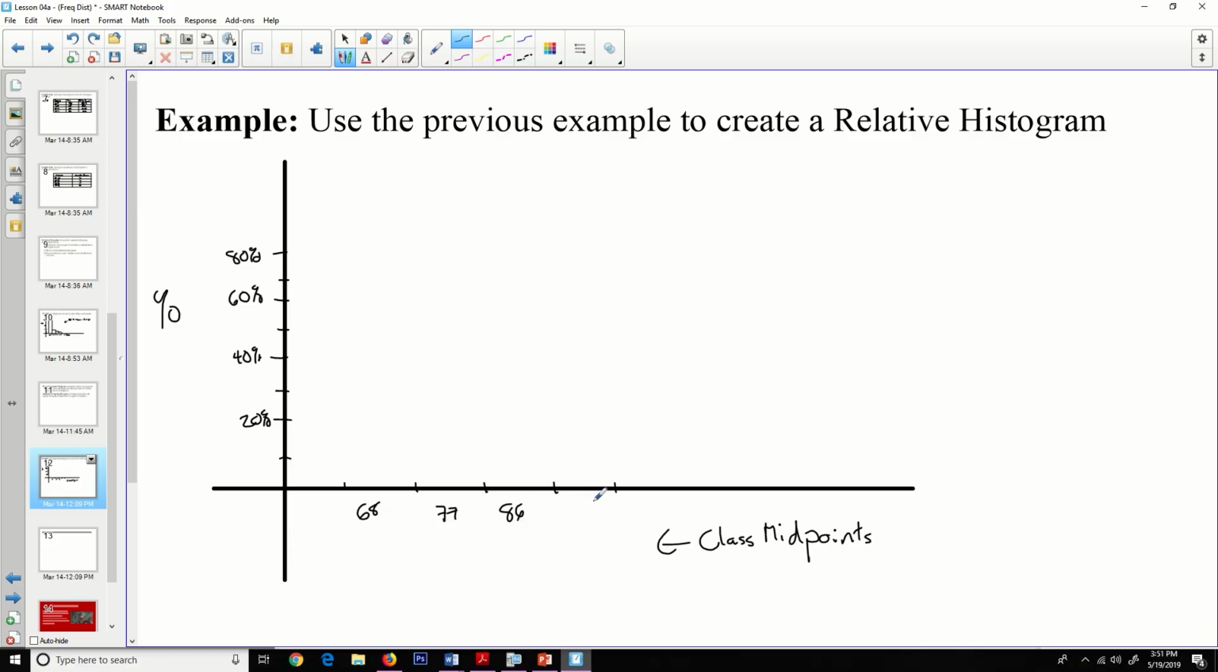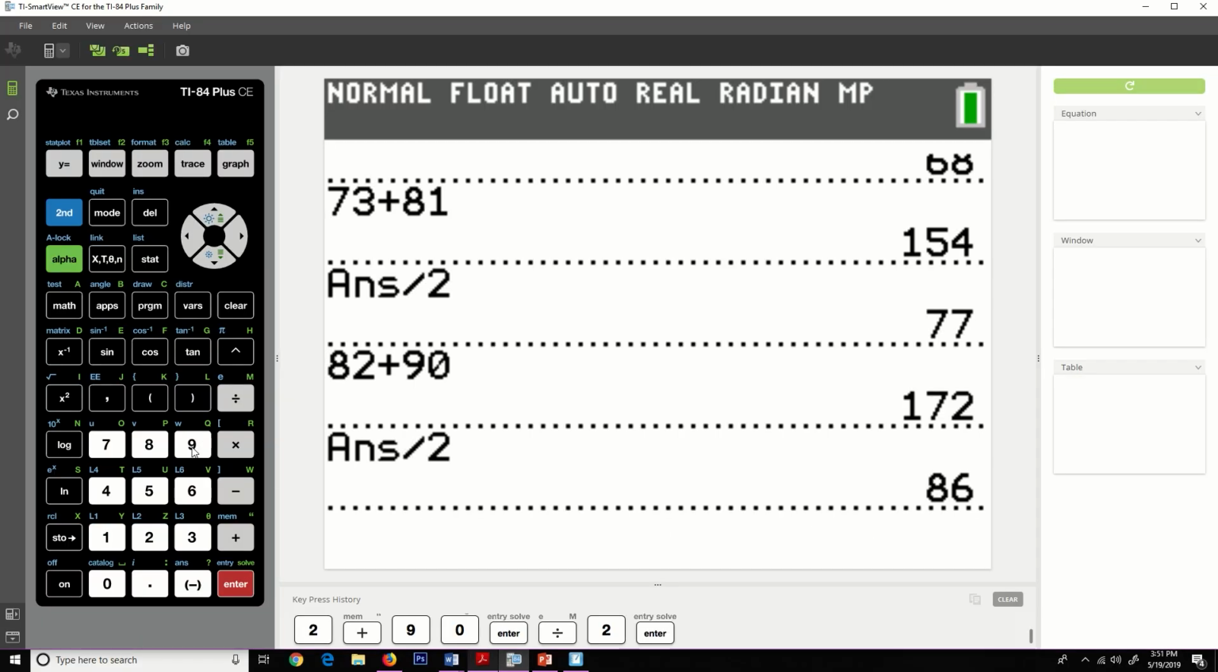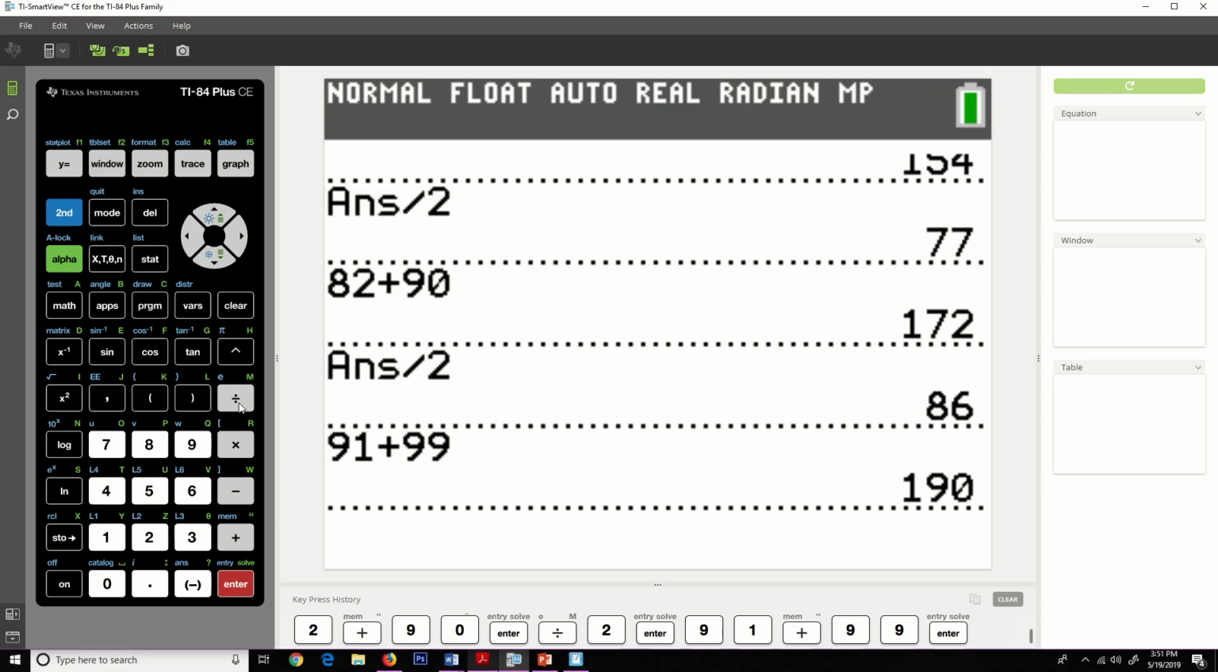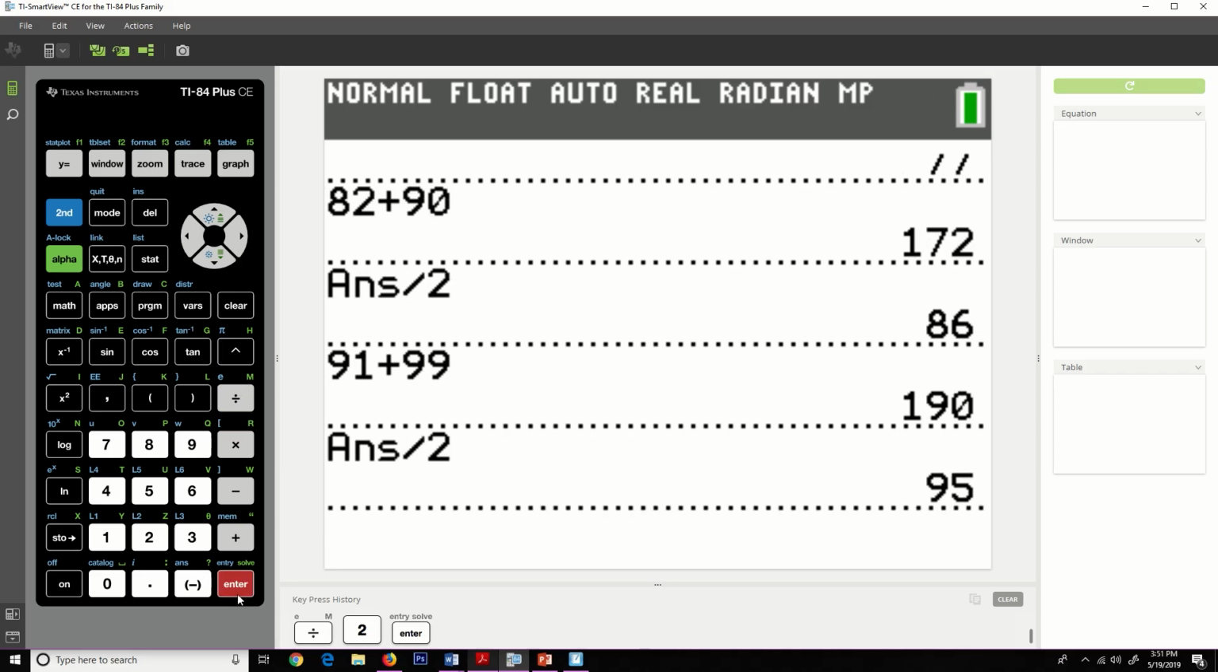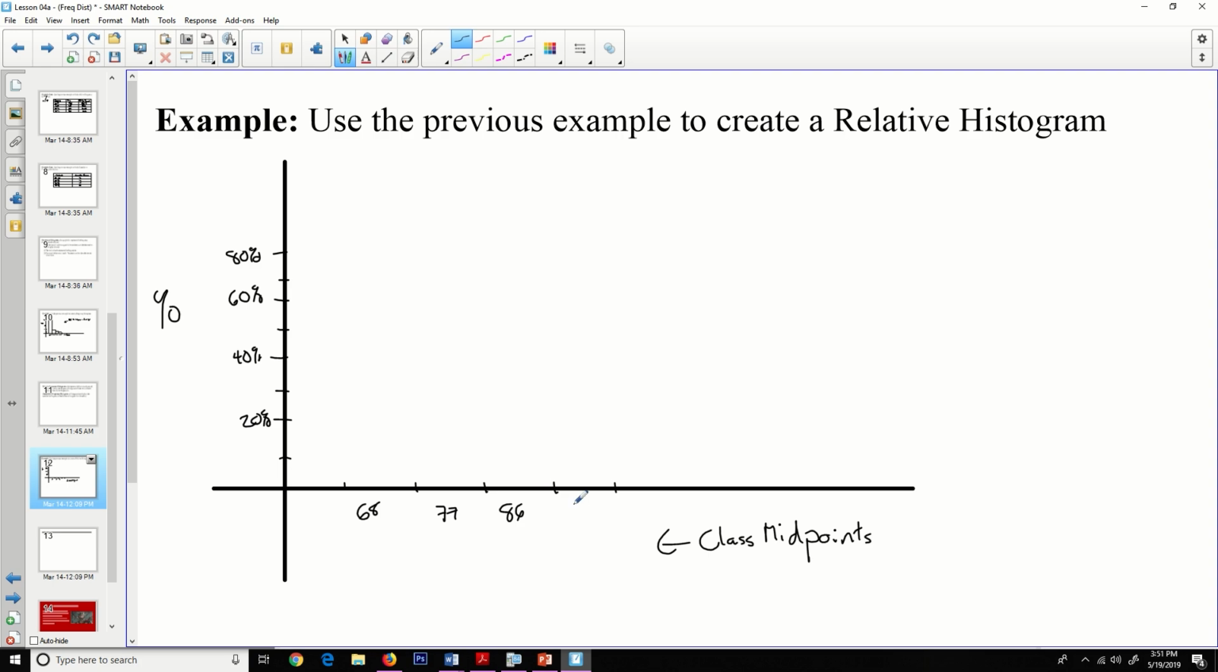And then for this one, it was 91 to 99. 91 plus 99 is 190 divided by 2 is 95. So we'll put 95 there. And then we'll do those relative frequencies. So the first one,